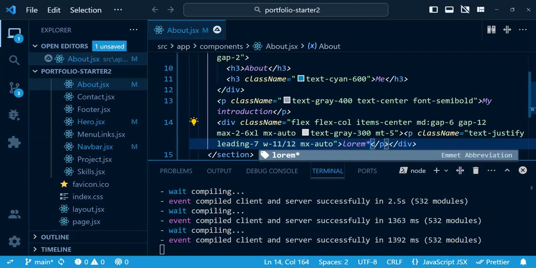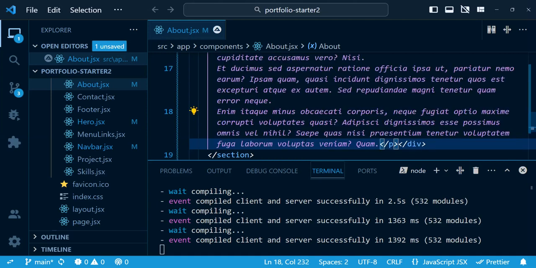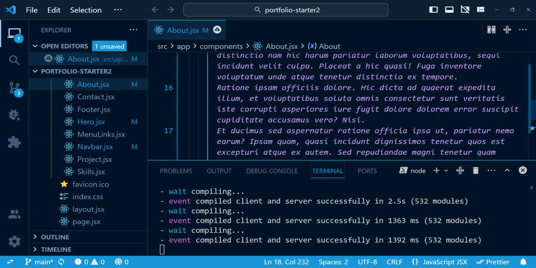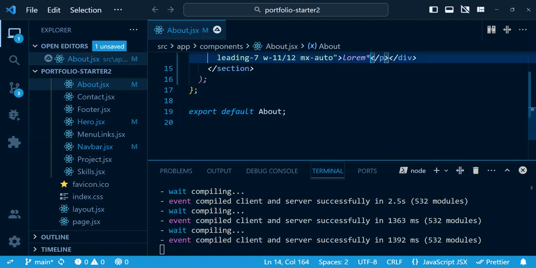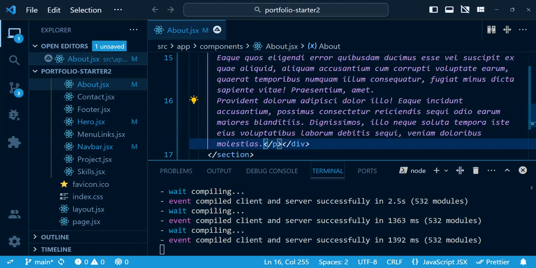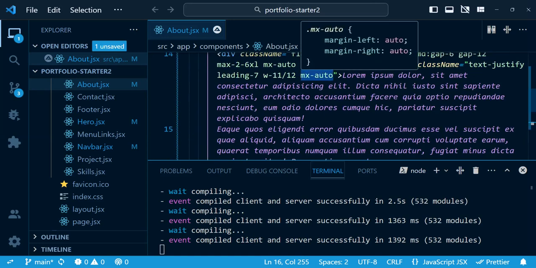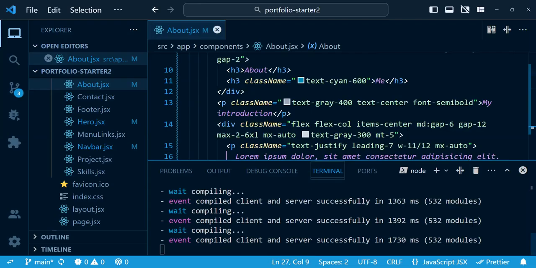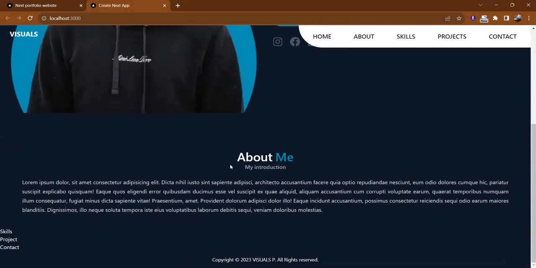Times 5 and enter. You can see it will give us this, but it is too much. Let's Control Z and let's give it about 3 and enter. Now it's a little much better, and save it, and let's go see it. You can see it will give us the lorem ipsum and about me and my introduction, and also I've given